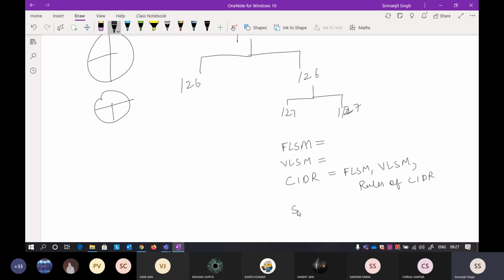So the subnetting part is completely over. Only one or two things are remaining, so I'll include one or two more questions so that you will not get confused. After that, we will start supernetting tomorrow.